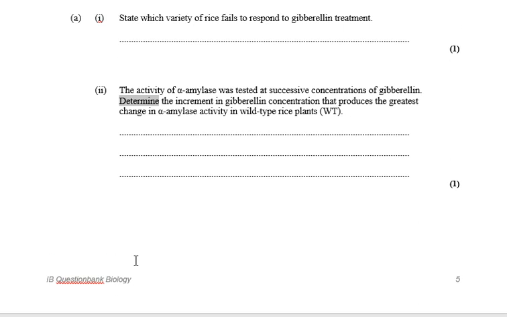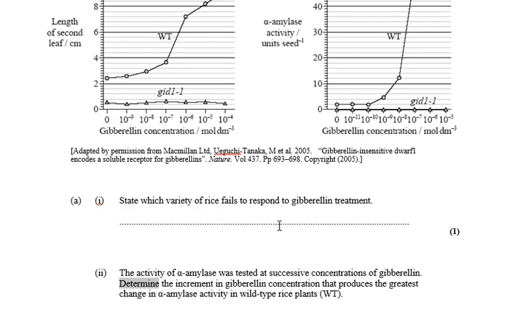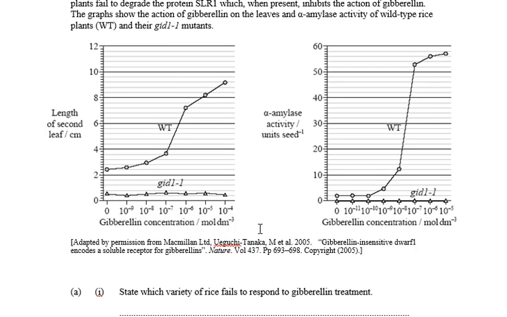So let's go back to our data. It's the activity, so we're looking at the alpha amylase graph, and we want the increment in gibberellin that produces the greatest change in the amylase concentration. So in terms of a graph, of course, we're looking for the greatest period of change, or the increment where there's the greatest period of change in this graph. And so obviously that's the steepest part of the graph. So that's going to be between